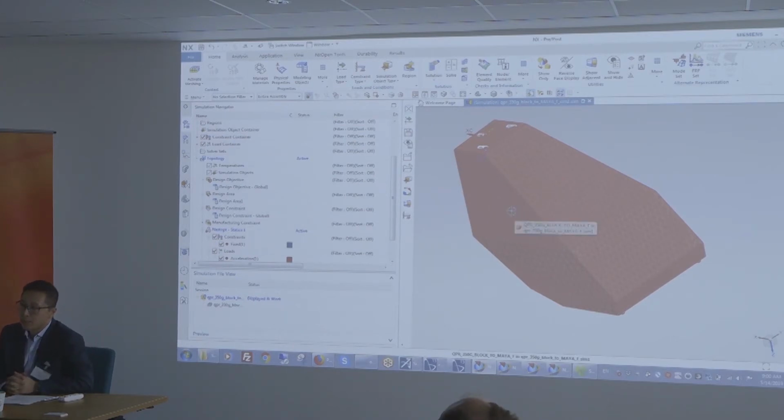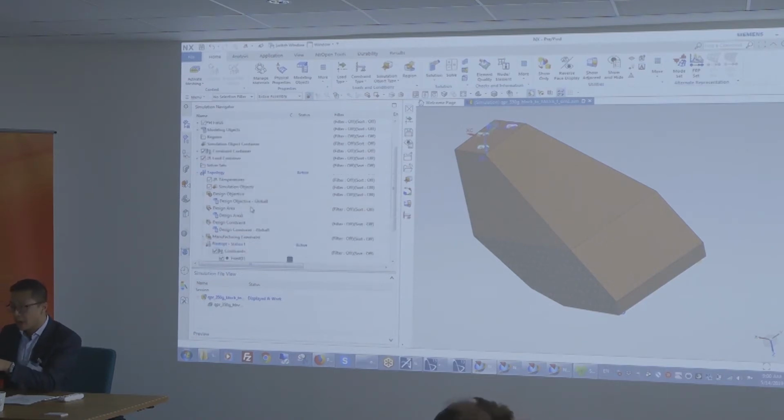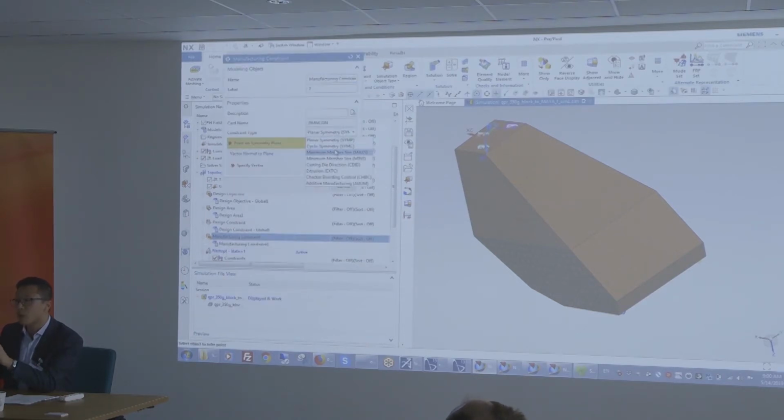Is there anything that you can put in the manufacturing constraints, such as a wall thickness or a draft angle? Yeah. So in NX, we have two levels of topology optimization. One is the designer, the analyst topology optimization, which is the one I'm showing you, which is mostly focused on structural analysis. So all the Nastran subcases, like random vibration, modal, frequency, static, nonlinear, can be taken into account. However, the manufacturing constraints available are somewhat limited. In this case, we do have some angles. So for additive manufacturing, you can look at the maximum overhang angle, for instance. You can also look at the casting die direction. So those we can take into account.